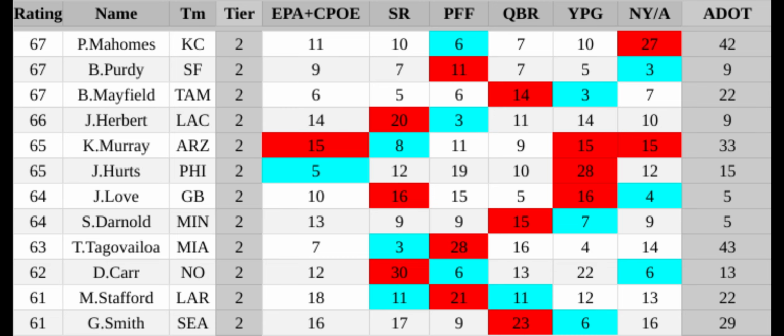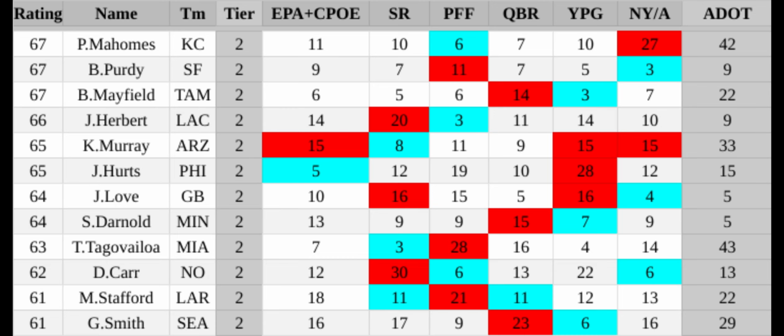Jordan Love, he had an amazing supporting cast, as Matt LaFleur is one of the best coaches in the league. He had a top 3 pass blocking offensive line, and Christian Watson and Jaden Reed were both top 17 in yards per route run for wide receivers, and then Tucker Kraft was 11th for tight ends.